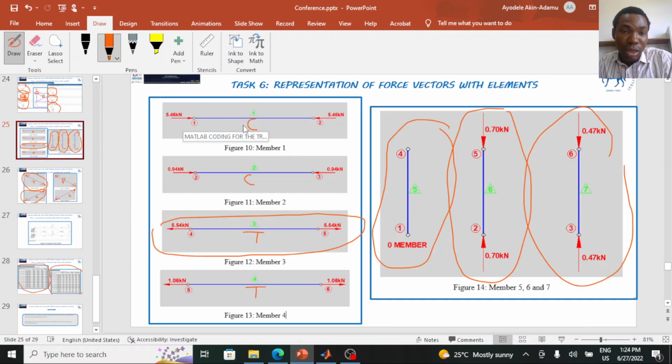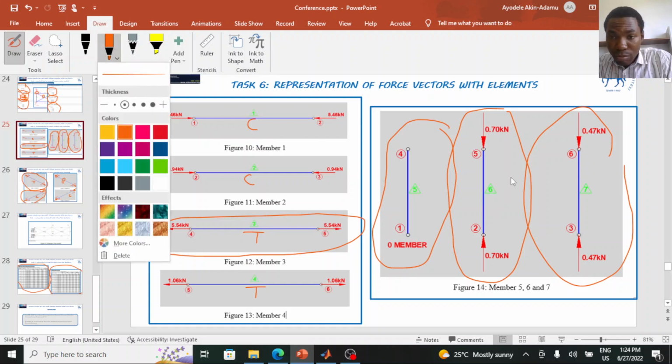into this. Element 1, 5.46 kilonewton compression force. Element 2, 0.94 kilonewton compression force. Element 3, 5.54 kilonewton tension force. Element 4, 1.06 kilonewton tension force. Element 5 is a zero member, no force. Element 6 is a tension member, compression member rather. Element 4 is a compression member,